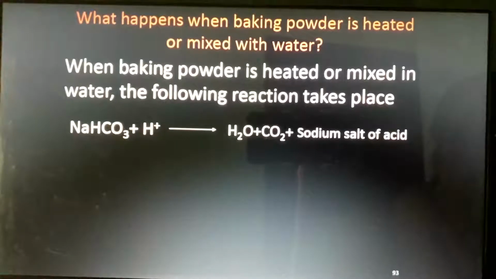And that crispiness also we will get if we add this baking powder into the bhaji and all. We are making vada, bhaji and all. If we are making that, it will give that crispiness. Understand? That crunchiness. If you chew, that crunch sound will come because of the presence of this baking powder.